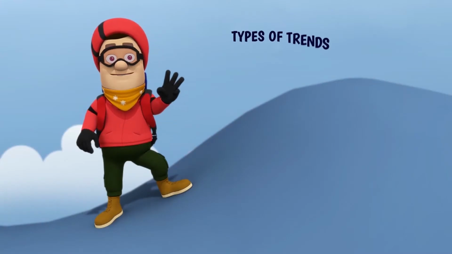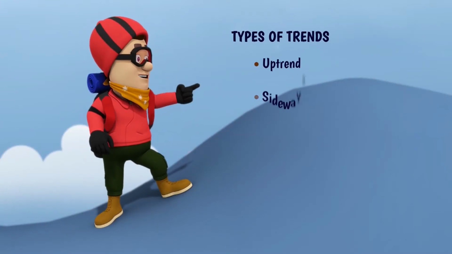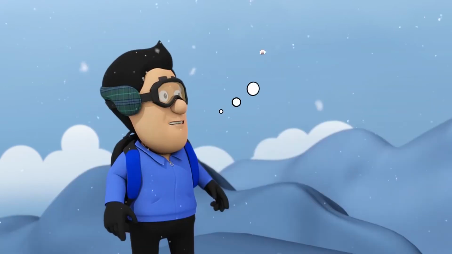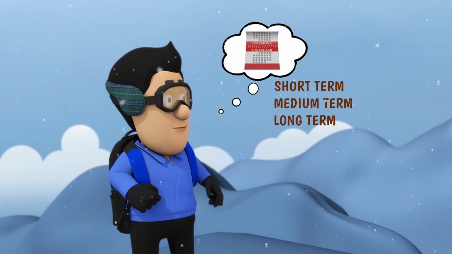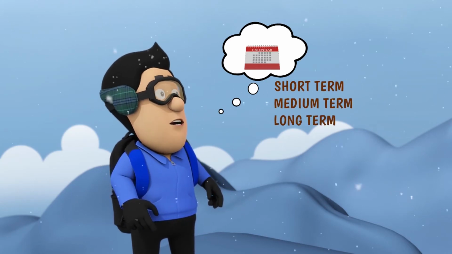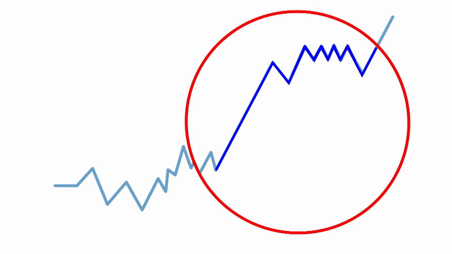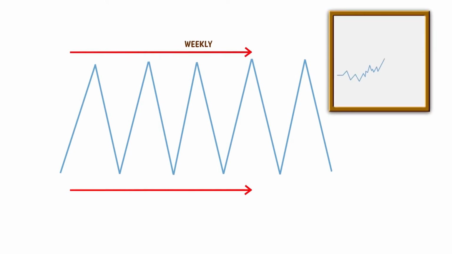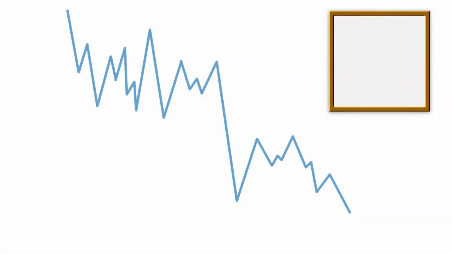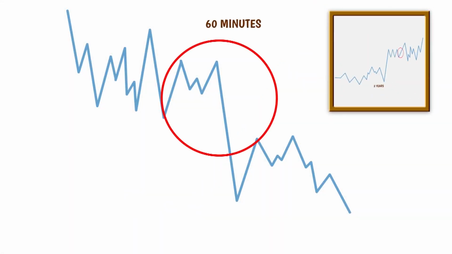Now, there are three types of trends: uptrend, sideways, and downtrend. It's very important to understand that any of these trends can be short, medium, and long-term in nature. It can vary across the different time frames as well. Let me explain how. If you were to look at a 2-year price chart, you could notice a long-term uptrend. However, if you go to a weekly chart within this 2-year time frame, it could be in a medium-term sideways trend. And furthermore, if you fine-tune further into a 60-minute chart, it could even show a short-term downtrend.